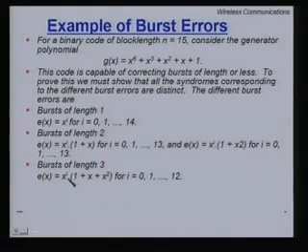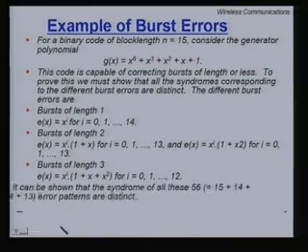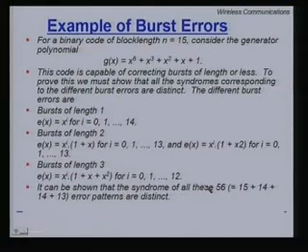A burst of length 3 can be denoted as follows. They have to be 3 consecutive errors. It can be shown that the syndromes of all these 56 possibilities are distinct. So, there are only 56 possible bursts of length 1, 2 or 3. So, if I say this code can correct all burst errors of up to length 3, then all the possible burst error patterns must have a unique syndrome polynomial.